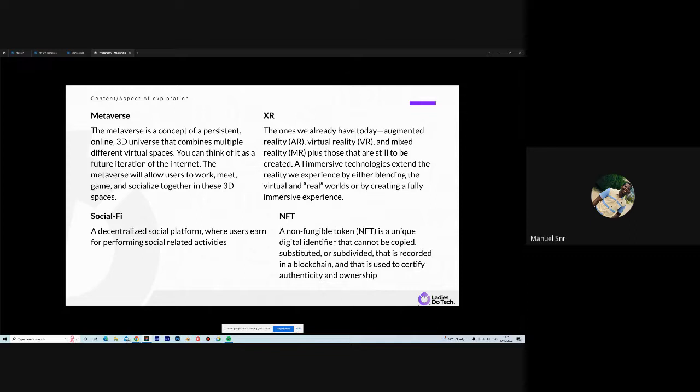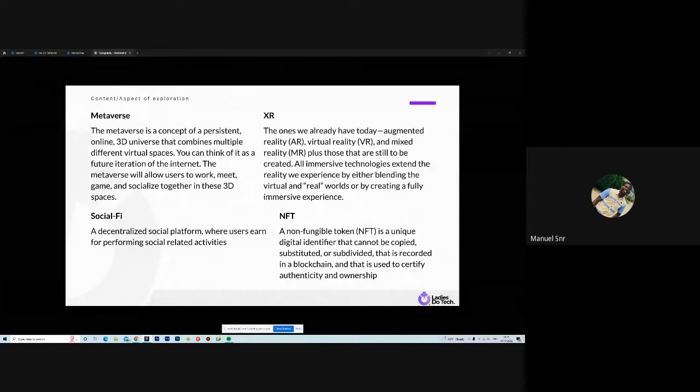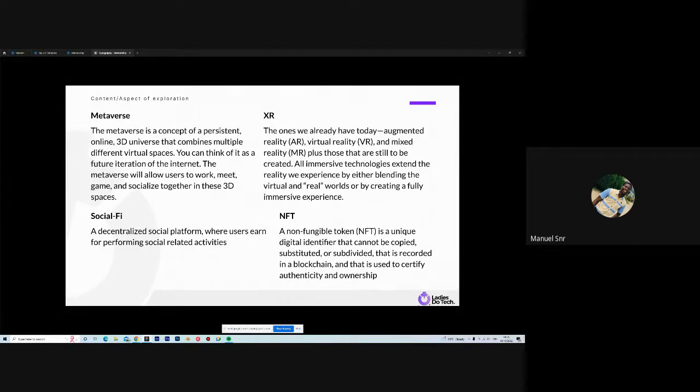So all these are under Web3 as a whole. These are different aspects that you might want to check more on and see if it's something that resonates with you and explore. Another one is SocialFi. So basically, anything in Web2 that is centralized is an aspect of exploration in Web3. As you can see, in Web2, finance is centralized. In Web3, finance is decentralized, so they call it DeFi. SocialFi is now a decentralized social platform. So we highlighted somewhere that